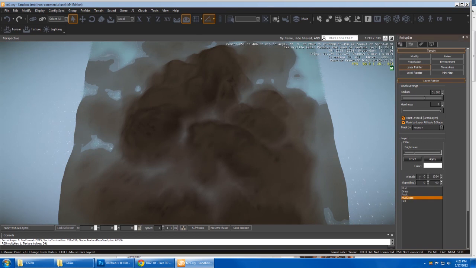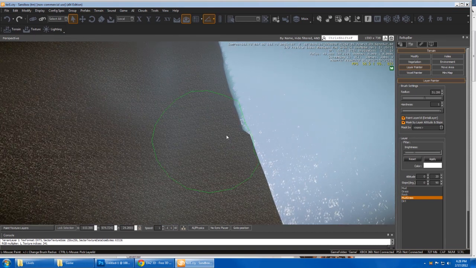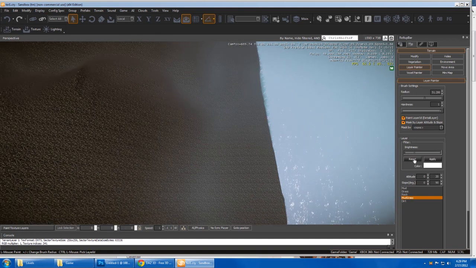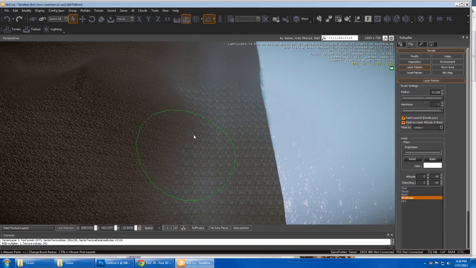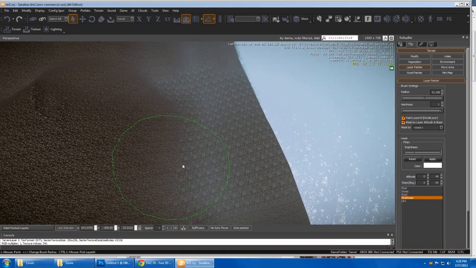But so I'm going to head to the next one, which might be a mud grass, and then say only between altitude of 0 and 20, which might be a little bit above water level. And sometimes you need to go close up to test what it's doing before zooming out and applying it to the entire map, and it looks like that's not really hitting anything. So yeah, 0 to 40 is going to get me a decent